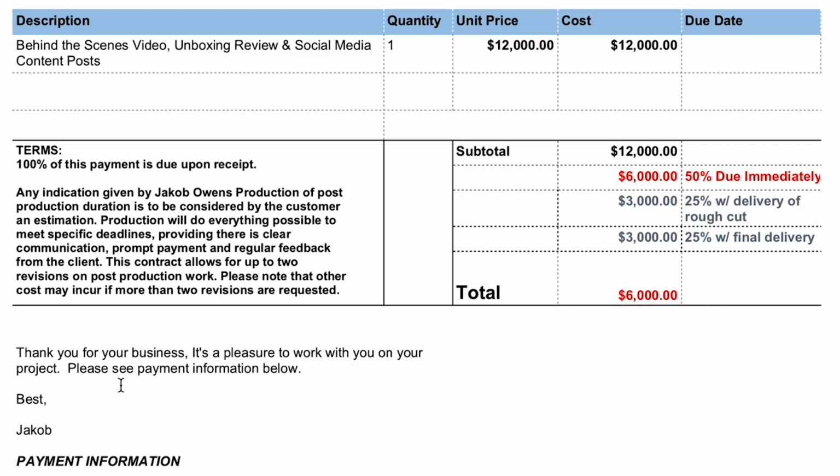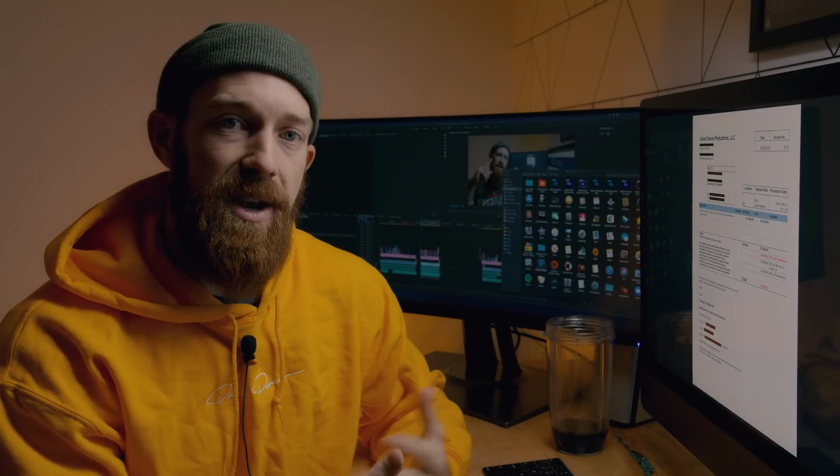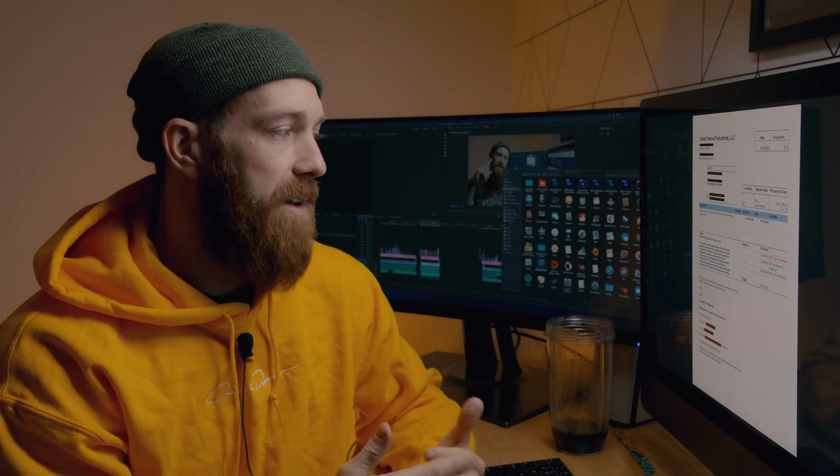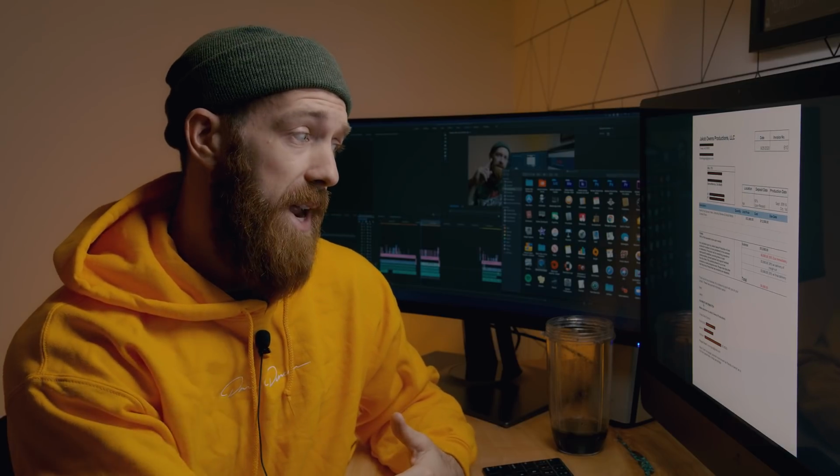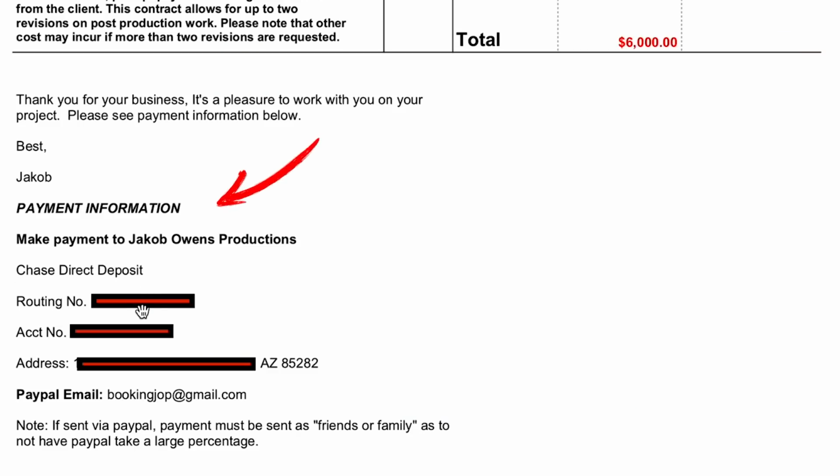Then below all that, a nice little message always helps, just to thank them for their business. It's a pleasure. That's just something I always like to add to make it feel a little more personal. And then of course at the bottom, all your payment information and how you can be paid. So for me, I take direct deposit and or check. I have my address here, and then I take PayPal as well, but make a note that depending on whatever payment you're accepting,